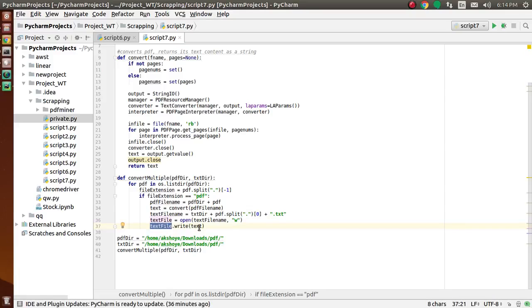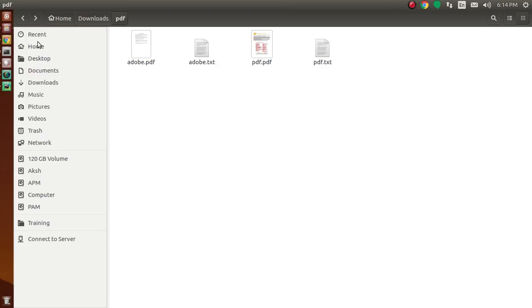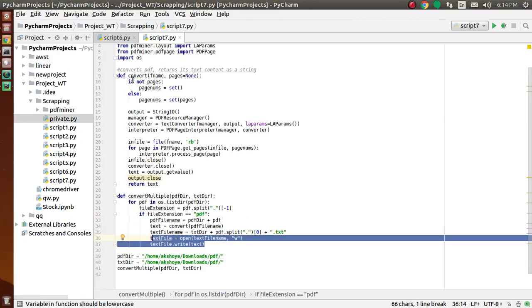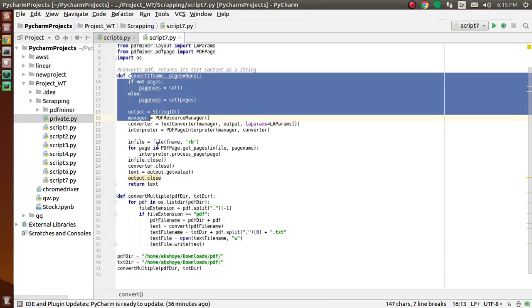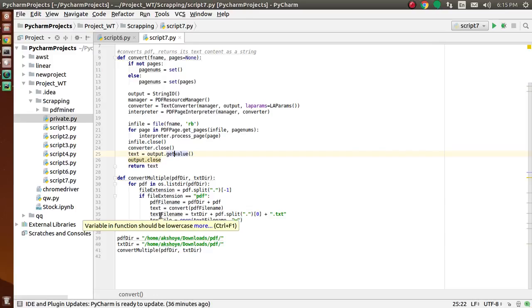Using this text.write, we save our text file in text format. This is our convert function. It converts our PDF to text format and returns a text data type.